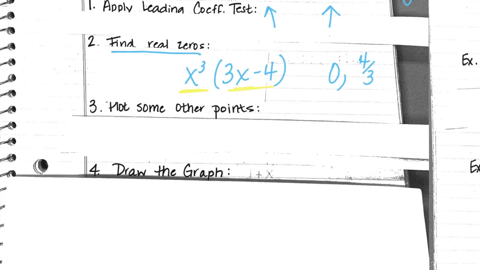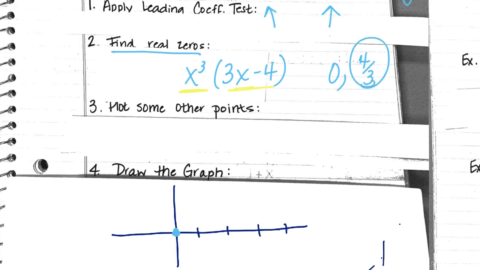I know that I need a Cartesian coordinate system. I know that I have a 0. Well, let me go ahead and draw some little points here. I know that I have a 0 at 0 and another one at 4/3, which is 1 1/3. I also know the leading coefficient test tells me it's going to go up, up, and I'll probably eventually